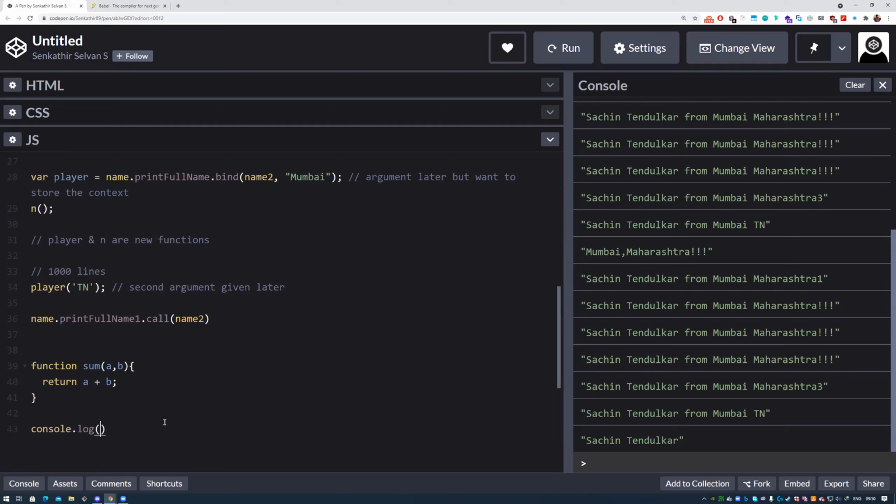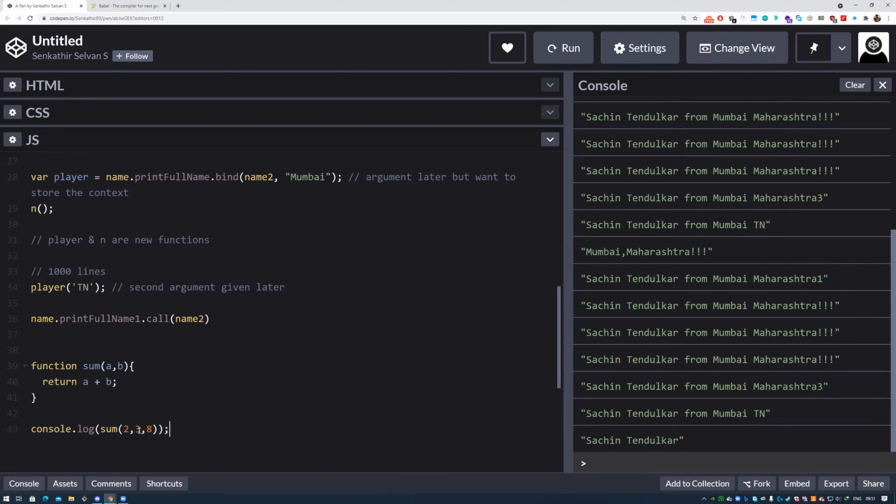So if I console log sum of 2 comma 3, what is the answer now? 5. What happens if I put 2 comma 3 comma 8 like this? Now what is the answer? 5 only.